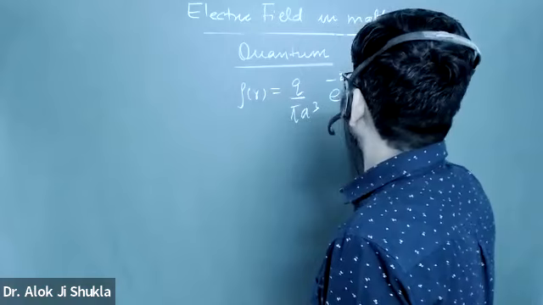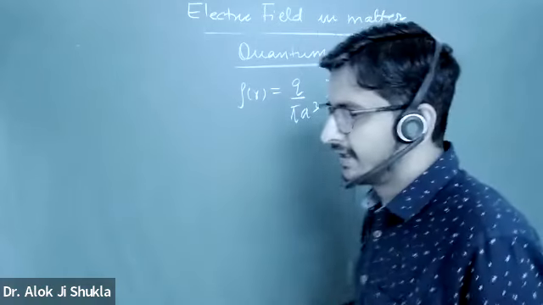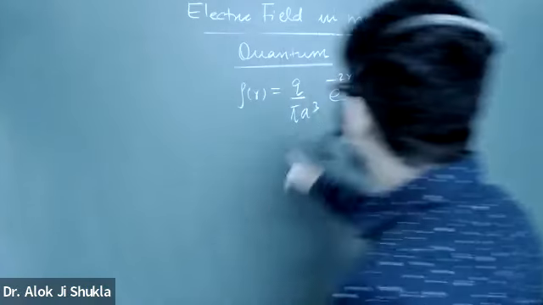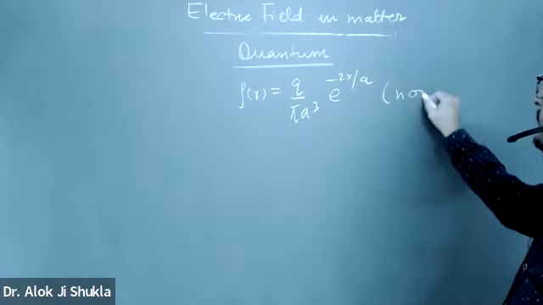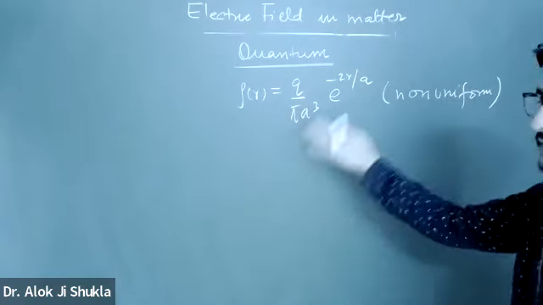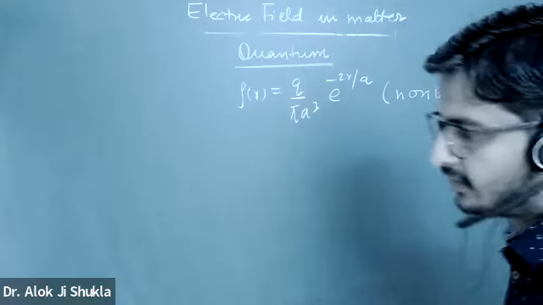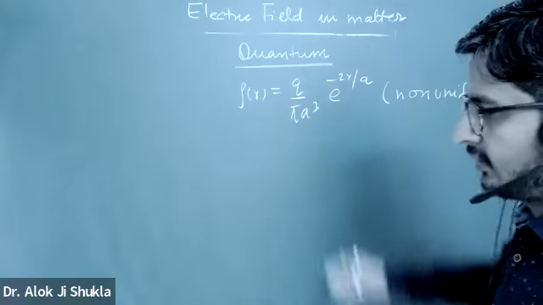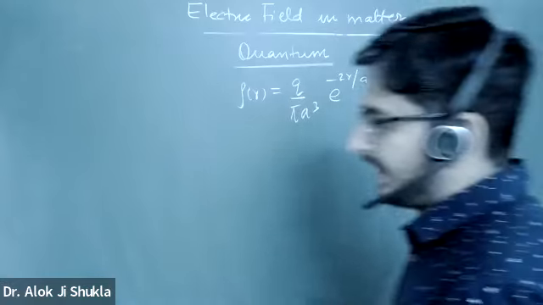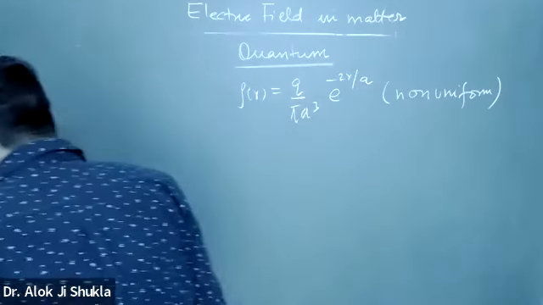Suppose I take it like this. This is the charge density, suppose. So you can say it is not uniform. Such a type of charge distribution exists using quantum mechanics. You can find it out. And when you put this in and calculate the polarizability,